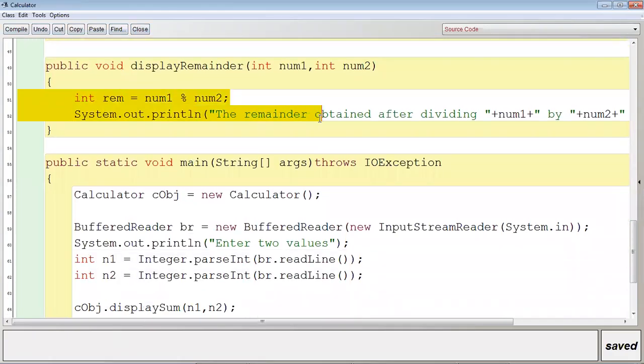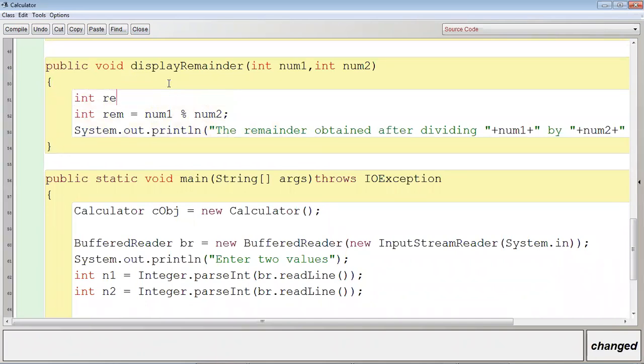Where? In display remainder. So let me declare the rem variable here and assign 0 to it.